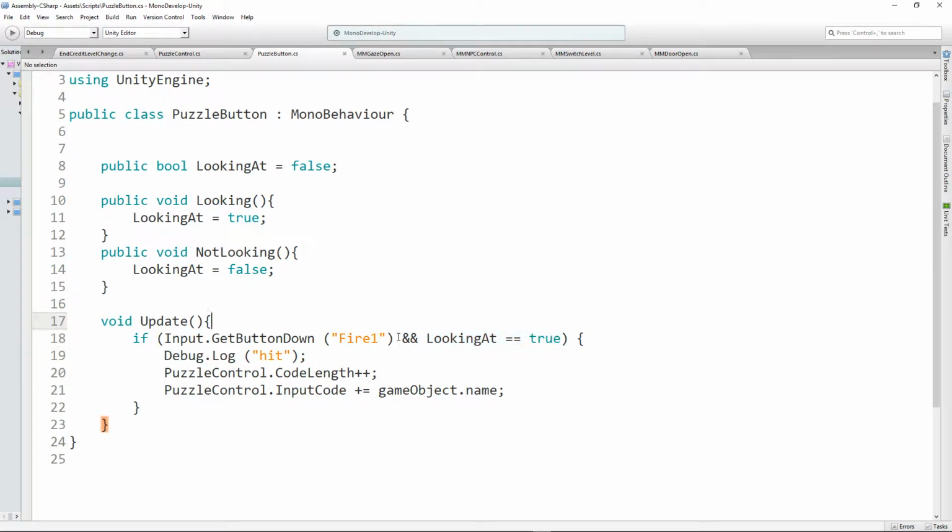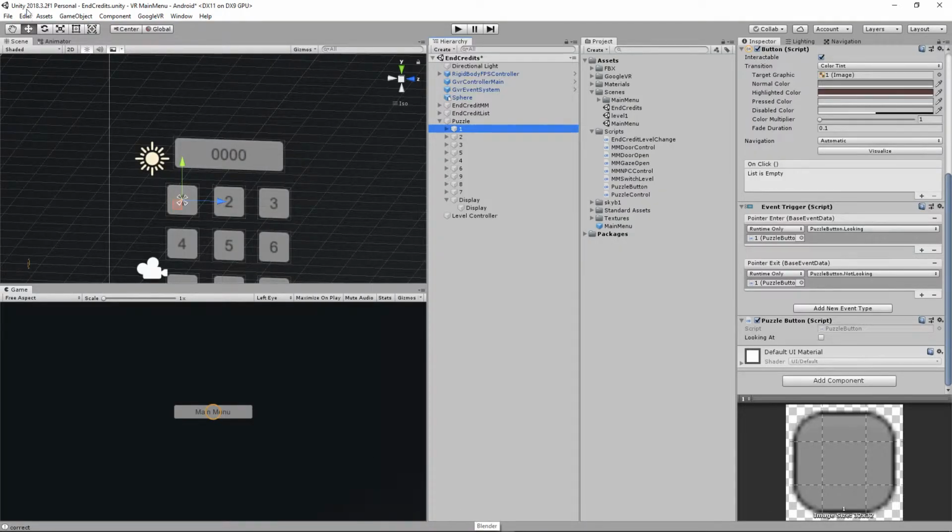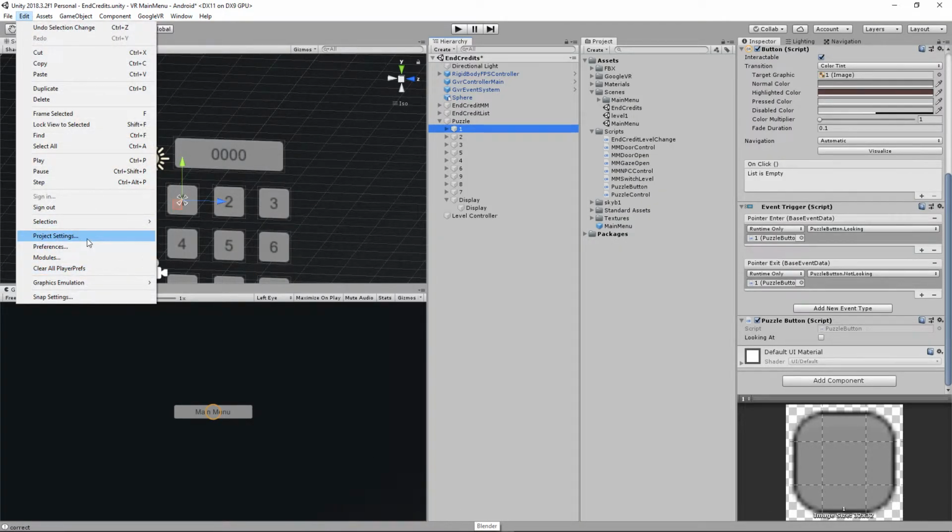So this part of the input here is kind of interesting in the sense that this is kind of generic PC or Mac terminology for input. So you'd normally use that with a keyboard or a mouse. But the input we're going to use, if you remember from previous tutorial, so if I go to my